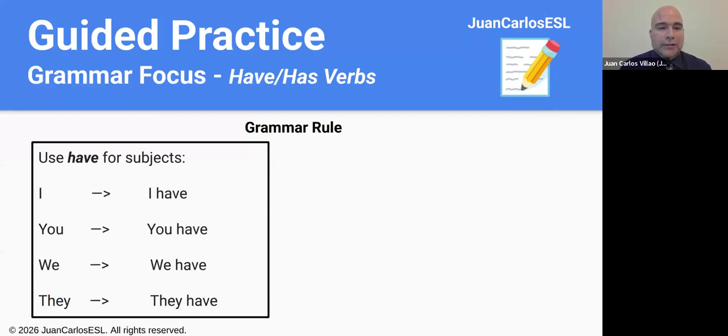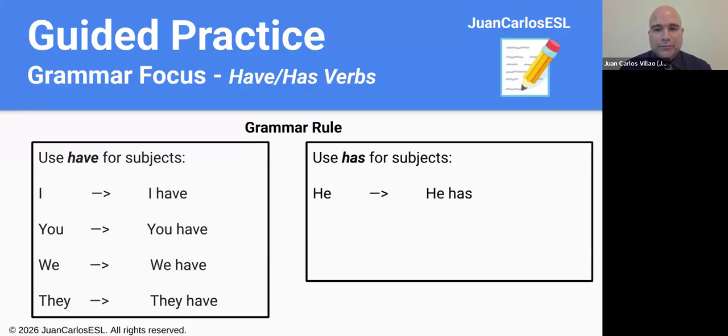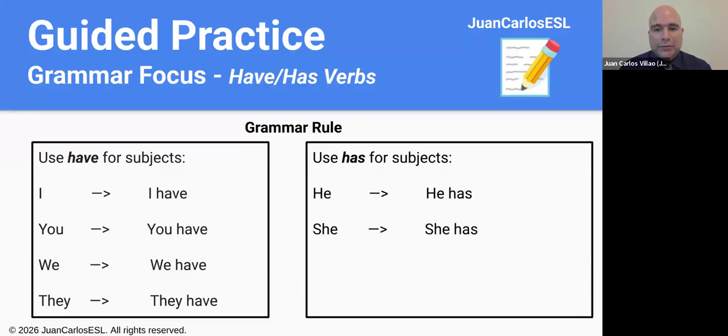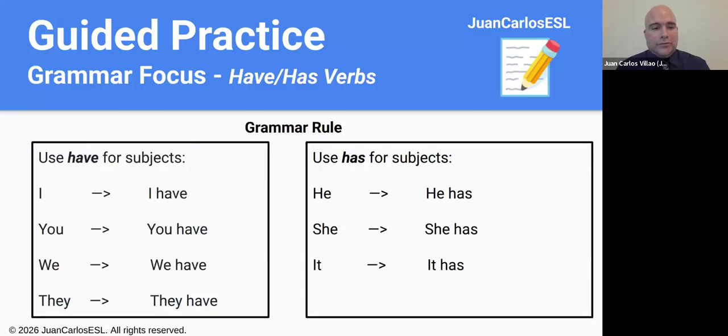So when you use have, what subjects are we using? Then followed by the verb have. Then we have has. So has, so he has, she has, it has. So those are the grammar rules. So take into account that I